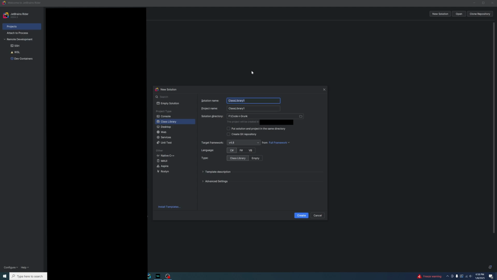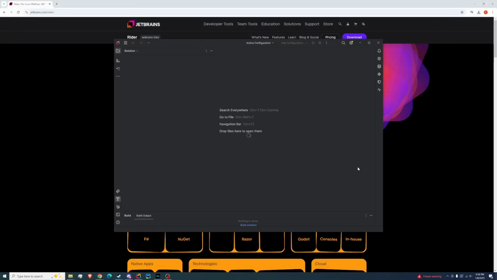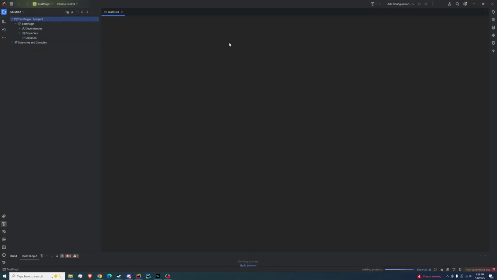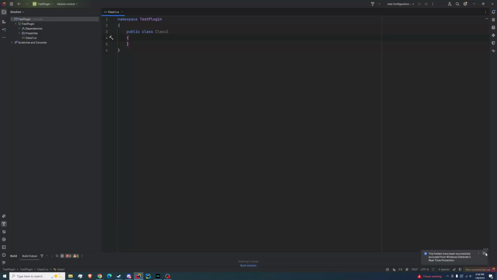Name it whatever you want. In this case, I'll name it test plugin. Once you've named your plugin what you want, just hit create. Let Rider start up. First thing you want to do as soon as you create a new plugin is you're going to need to